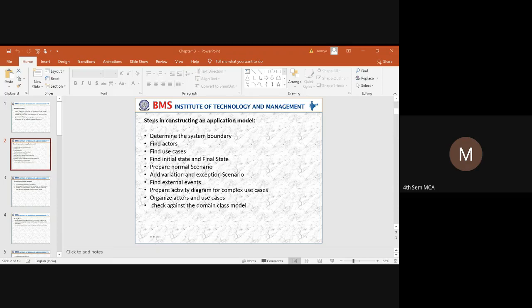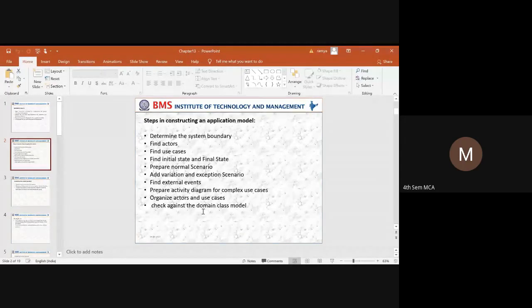You cannot create a relationship between every actor and all the use cases. We need to identify how each individual user is going to interact with the different use cases. That relationship has to be created. So that is the meaning of organizing the actors and the use cases.